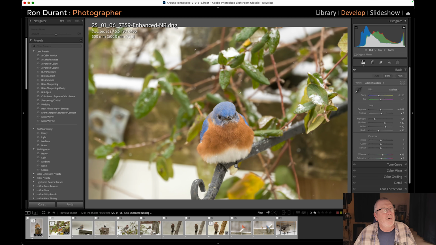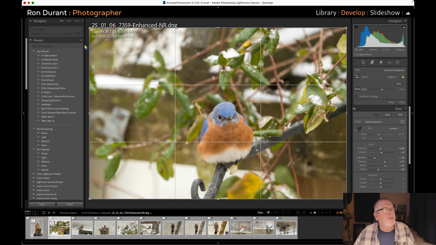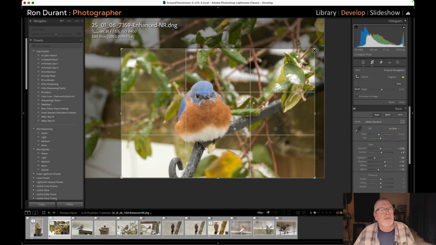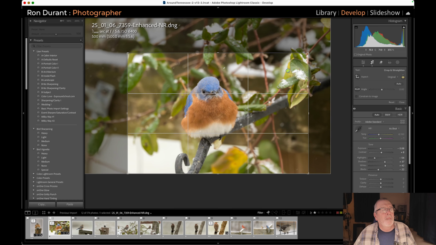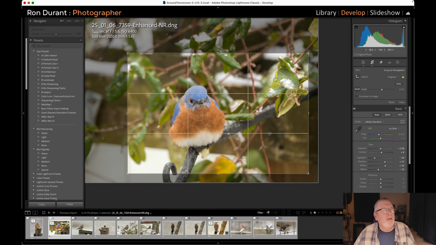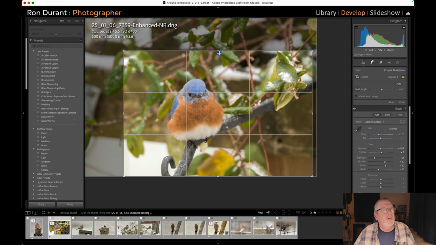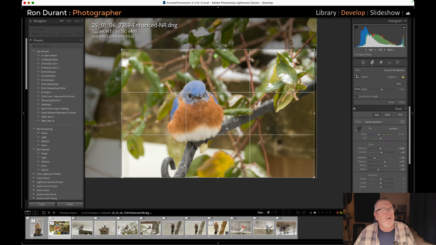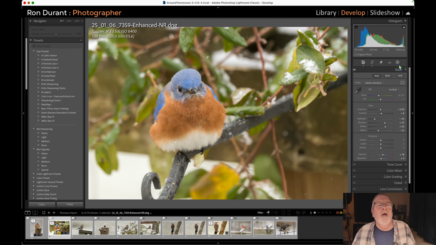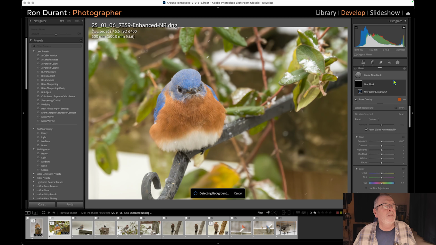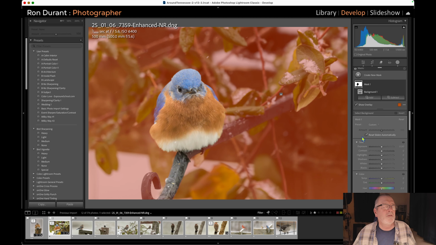So there's the bird, and there's a lot of clutter behind it. So let's go ahead and crop it, okay. I'd like to get some of that leaf in there, but I also want some of that hook to be in there. I wish I had more of that hook in the bottom there. It's kind of cut it off, but we'll go ahead and do that. That's the crop. I'm going to select the background, and I'm going to